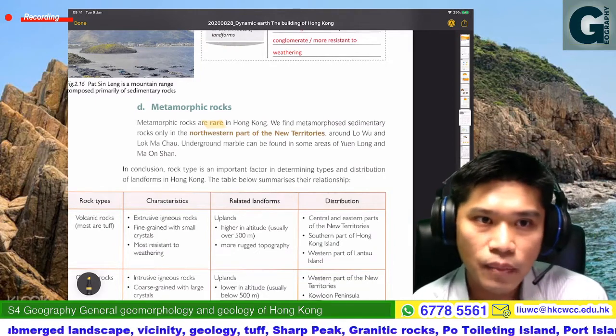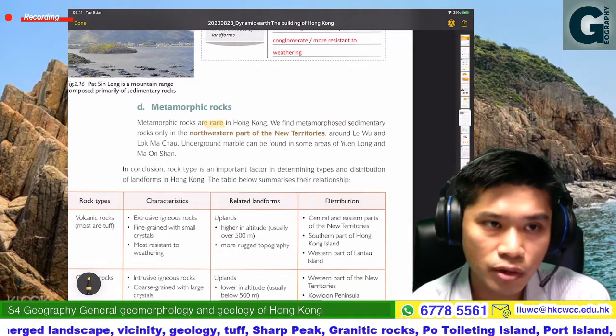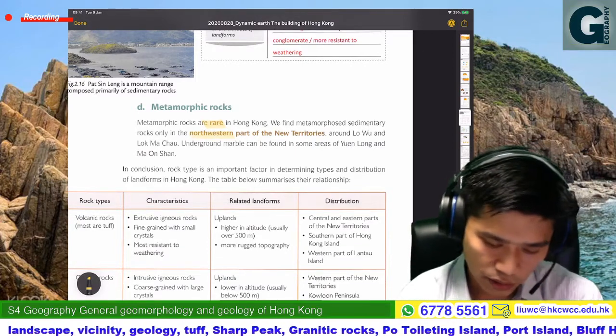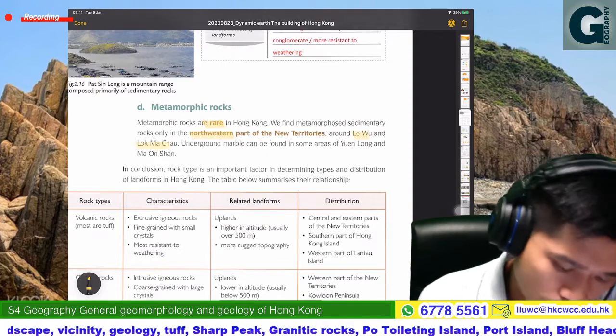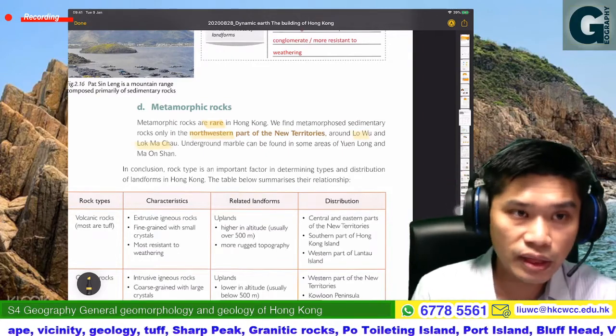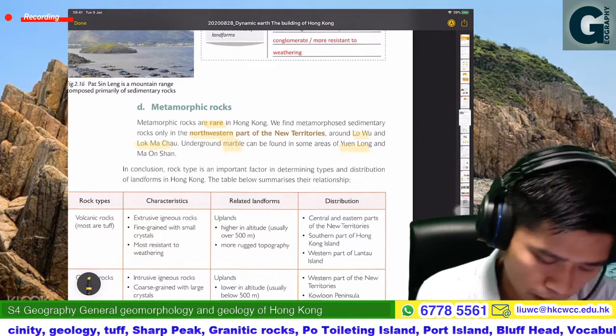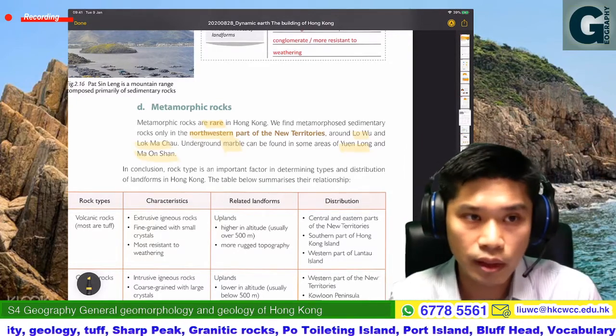We can find metamorphosed sedimentary rocks only in the northwestern part of the New Territories, around Lok Ma Chau and also Lo Wu. Some underground marble can be found in some areas of Yuen Long and Ma On Shan。咁好少㗎，咁一樣啦，都會有啲嘅